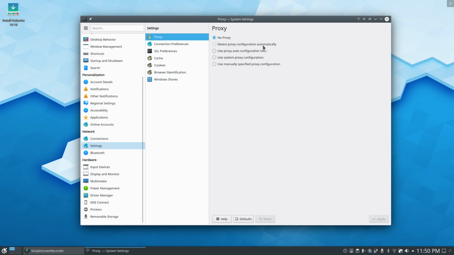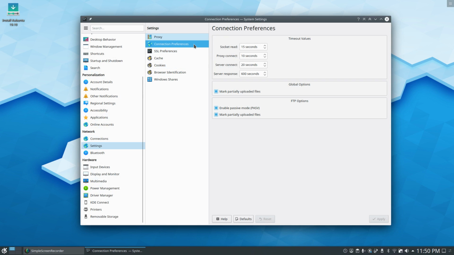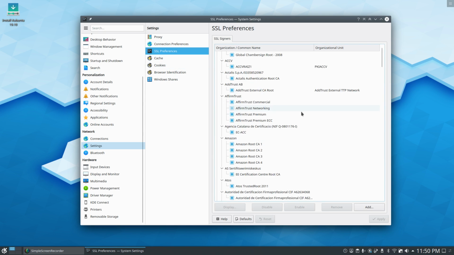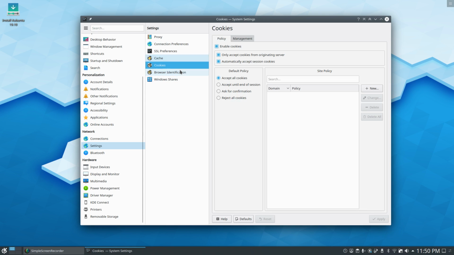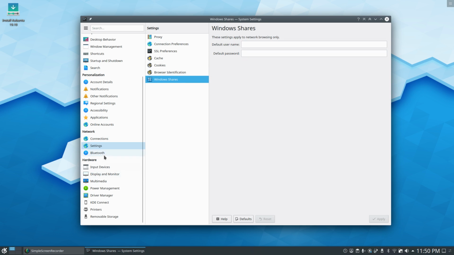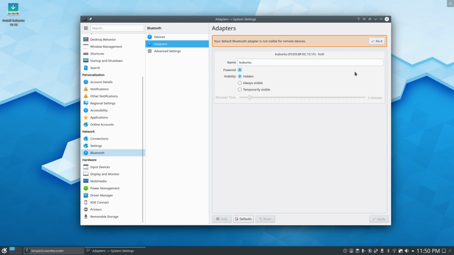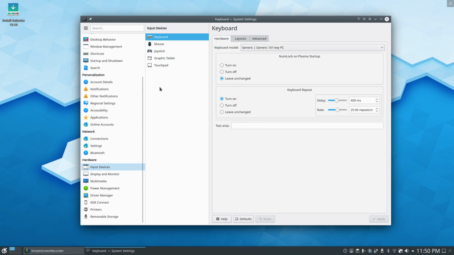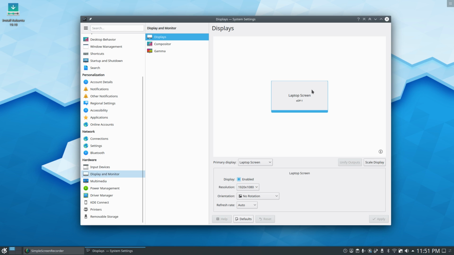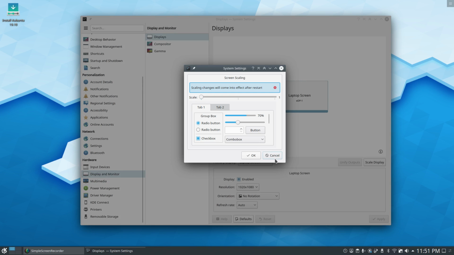Settings for proxy settings, connection preference, socket read. You can even change the preference for the network connectivity, settings for the network right from here, from the settings, and cache, cookies, window shares, Bluetooth. Yeah, I have adapter, advanced settings. Okay, input devices, mouse, keyboard, touchpad. I can display monitor,